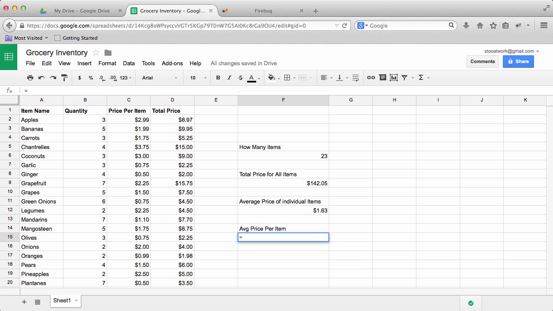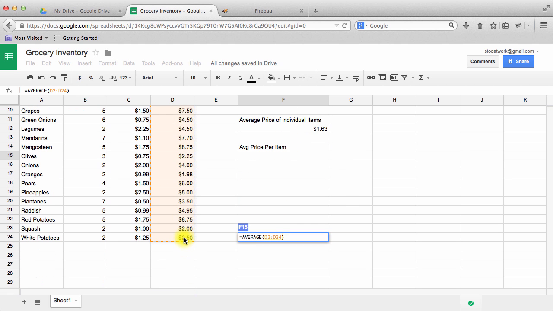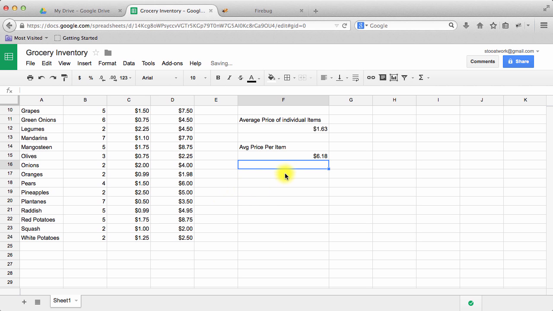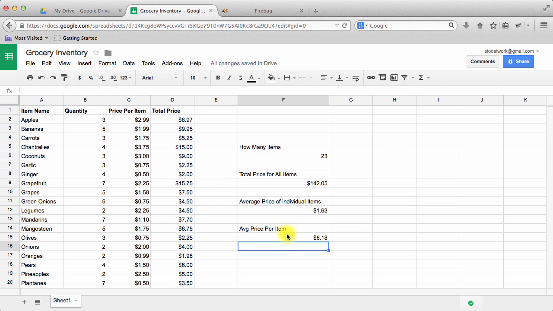So there's a couple of ways to get this. We can do the average of these ones, and you can actually drag, which is kind of cool. There you go, 618. Or a different way to do it would be to say equals the total price that we're paying for everything divided by the number of things that we're buying. So you'll see that comes out to the same amount. And if you look up here, our formulas are totally different,